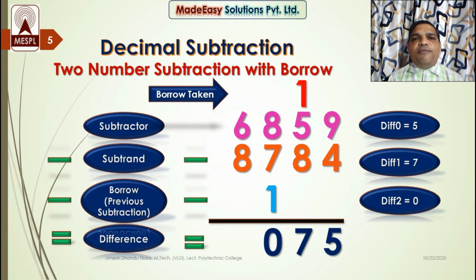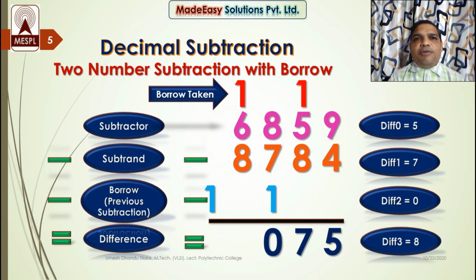Now before moving forward and learning the techniques used in binary, octal and hexadecimal number systems, first we will consider what result we would get if we had a next significant digit. So I would have taken a borrow from the next significant digit and placed the borrow above 6. So the total figure I would have is 16, and then I could subtract 8 from 16. So the difference I would have got is 8. So I would have placed the difference over here.